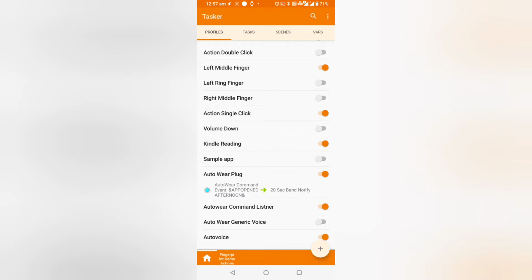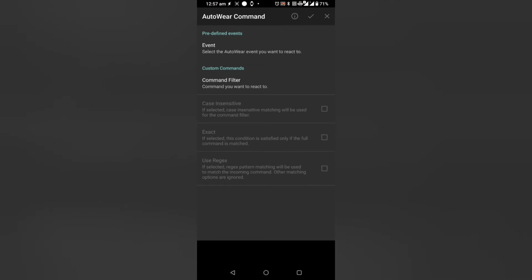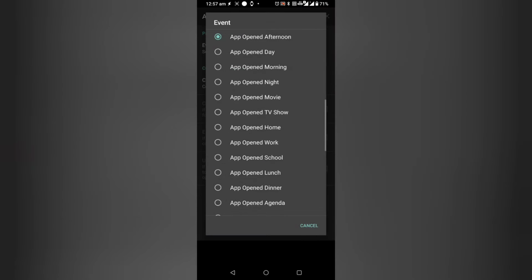So let's see what we have inside this. It is an event, and inside that event you can see a bunch of events which are already available with us.